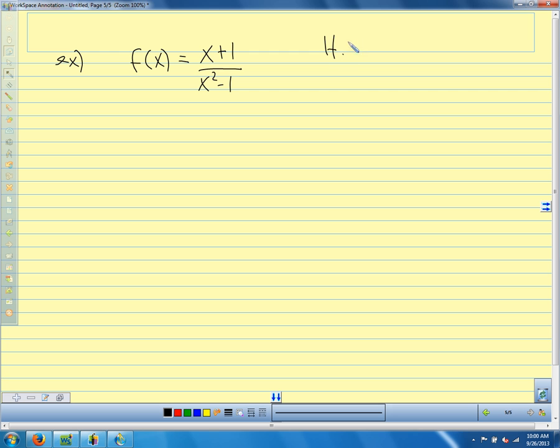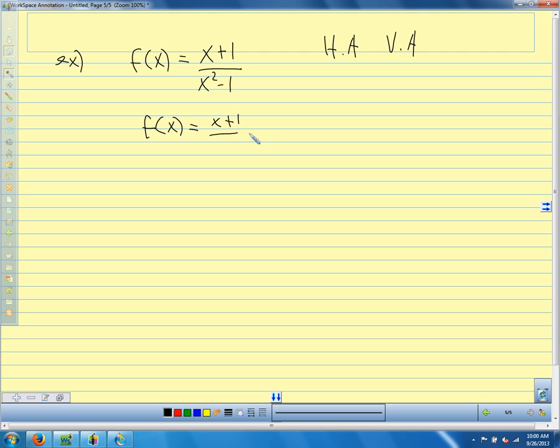We want the horizontal asymptote and the vertical asymptote. Now what we're going to do with rational functions is the first thing we always want to do: factor the numerator and denominator as much as we can. We don't have to factor them with the complex roots, just with our normal factoring. So if I factor this,